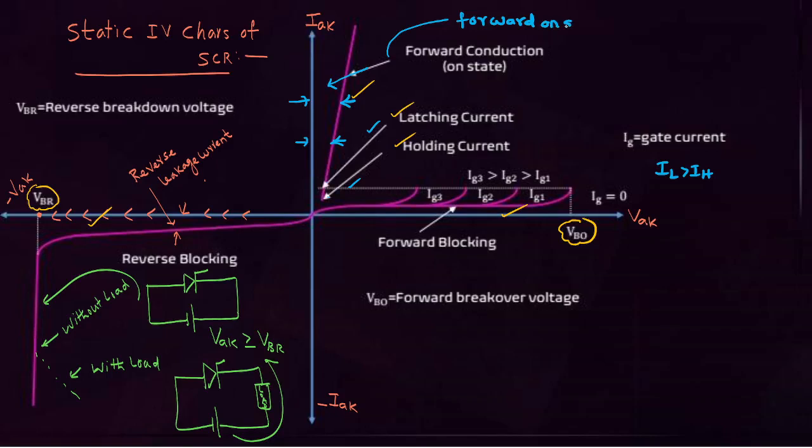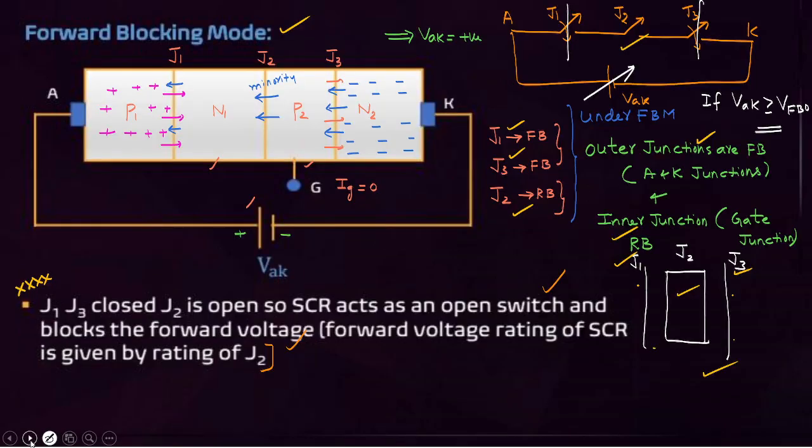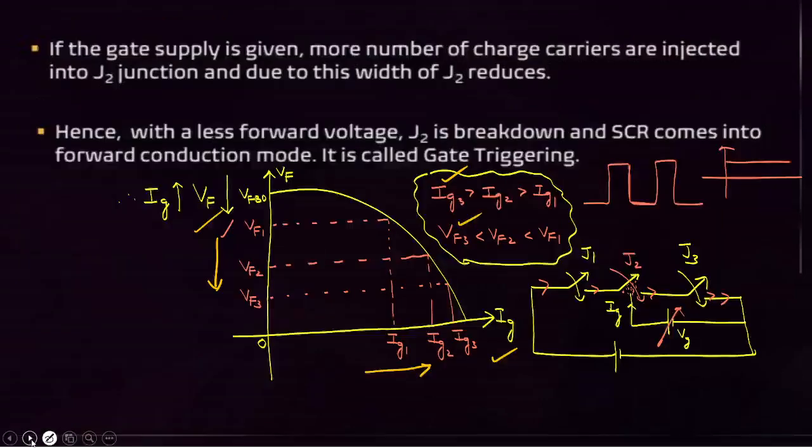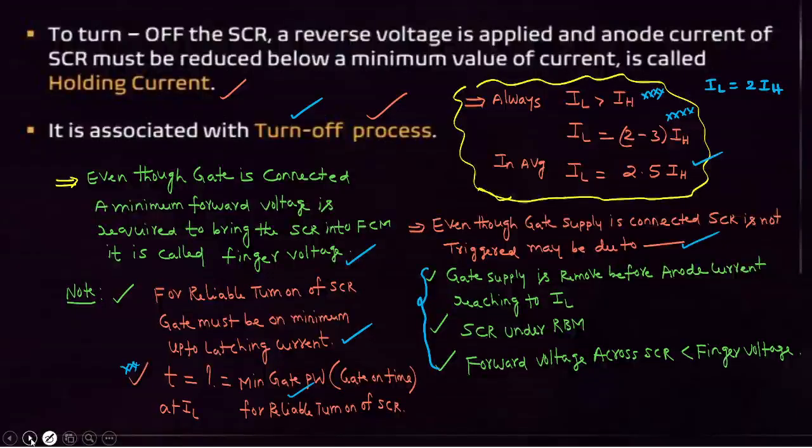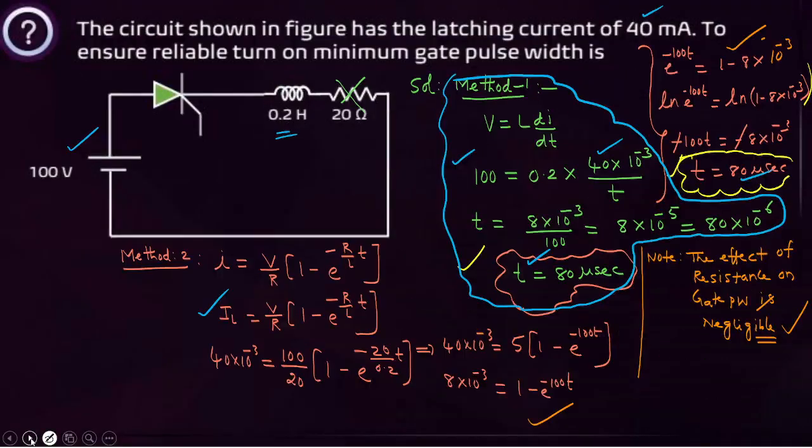This is not a constant value. On-state voltage drop: in any SCR, if the forward current increases, the voltage drop across the SCR also increases. Slowly it increases. That also you have to concentrate on. This is the detailed discussion of the static VI characteristics and modes of operation of SCR and its related